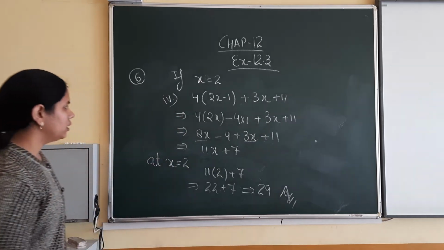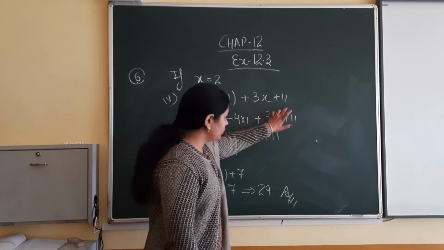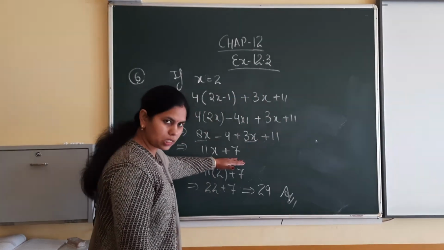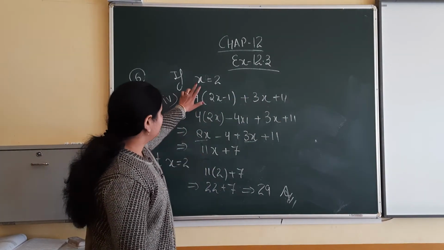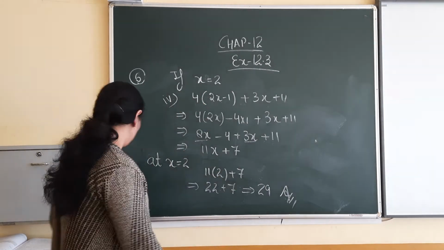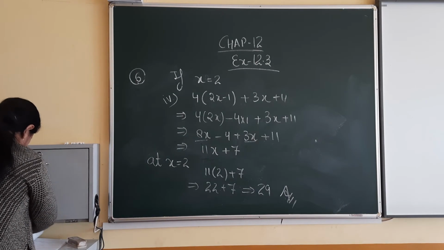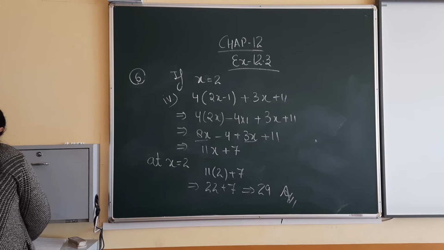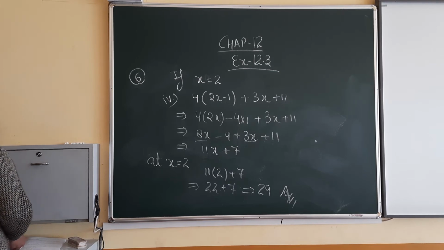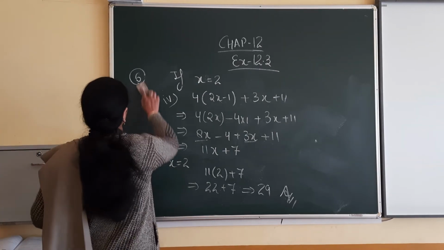So this way you can find out other questions also. In the 6th question, whatever the expression is given to you, solve it till the last step, and after that put the value of the variable that is given in the question here and then solve it. We will get the answer. Now question number 7 is also the same. Question number 8 is also the same, but let me check the time. What is the time now? Okay, I am taking one more question from question number 8.